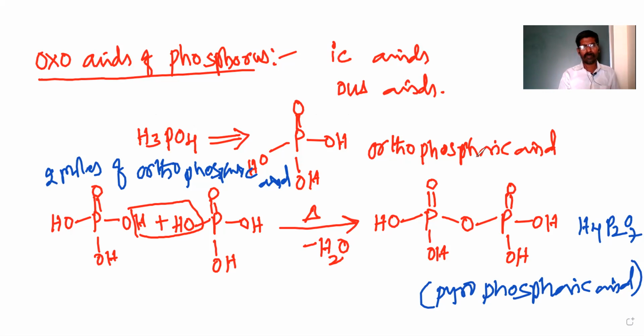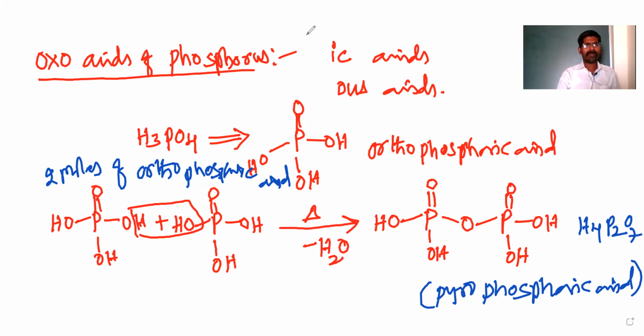Okay, now first one, the orthophosphoric acid compound, is over, and the second one, the pyrophosphoric acid compound, is also over. Then we want to take one more compound here. Now again you have to take one more, that means from this combination also. From this molecule, the pyrophosphoric acid, you have to remove one oxygen atom.